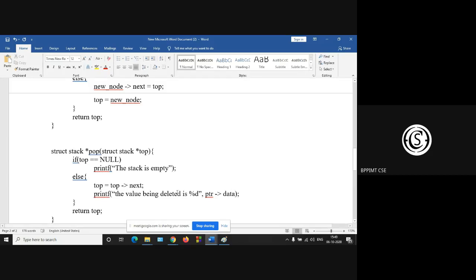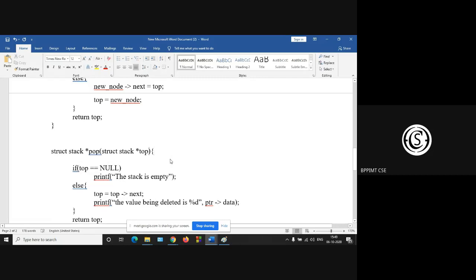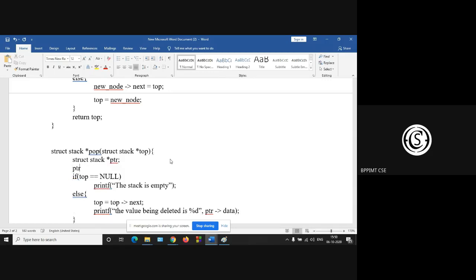So you have to declare this pointer. The pointer is ptr, a temporary pointer. So struct stack star ptr, and initialize this pointer. ptr is equal to your head, that is your top.